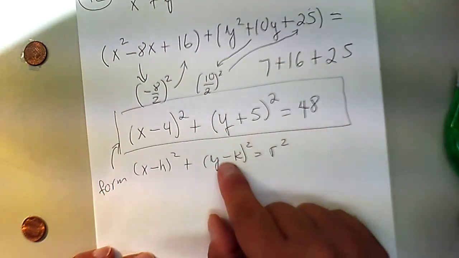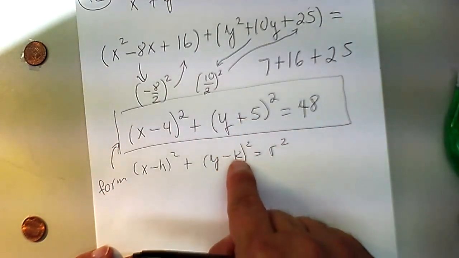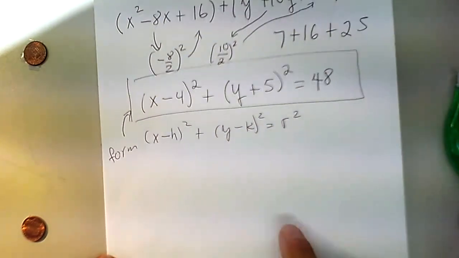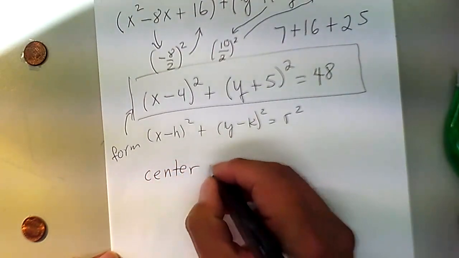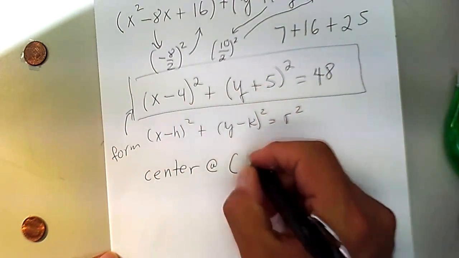You may be thinking, wait a minute, here it says minus and here it says plus. Well, in that case, we're assuming that k is negative, and then we would have a double negative. Anyway, once you have that, the center will be located at the point 4, negative 5,